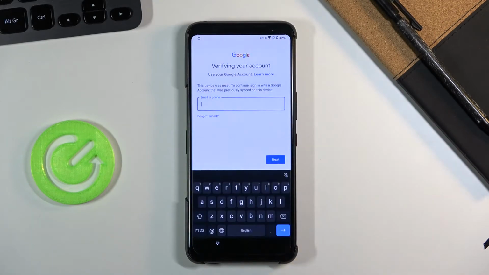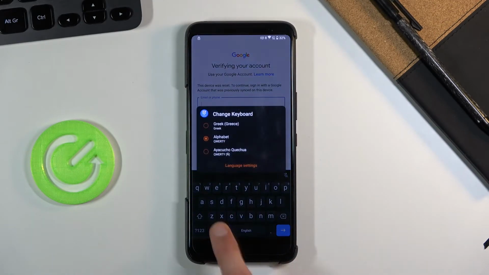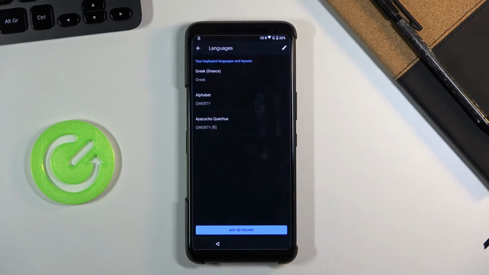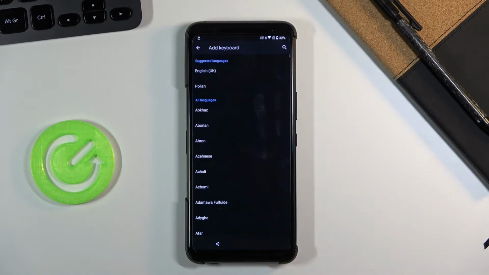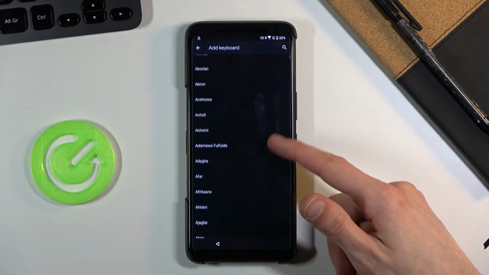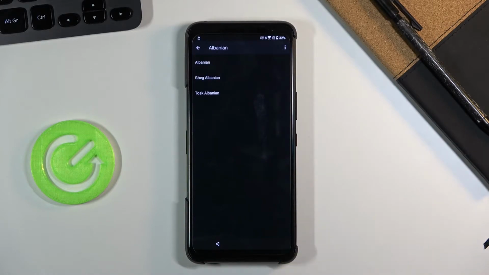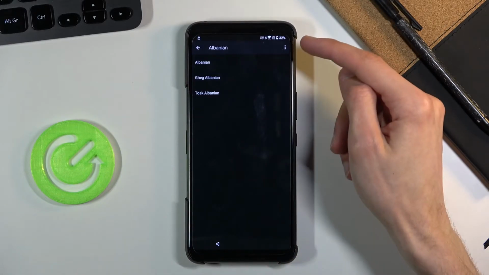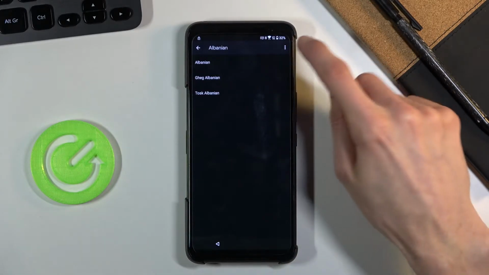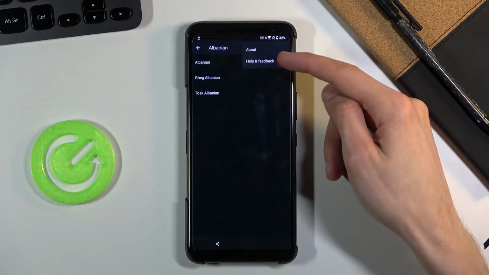And again, let's tap on the field and hold the globe icon. And again, go to language settings, add a keyboard, and then now you're looking for an option with an arrow. So scroll down till you see one, and there it is, Albanian for me. So let's just select it. And once you tap on it, we'll have 3 different options, at least for this, what I picked, but that doesn't really matter. What you are interested in is these 3 dots right over here, and then help and feedback